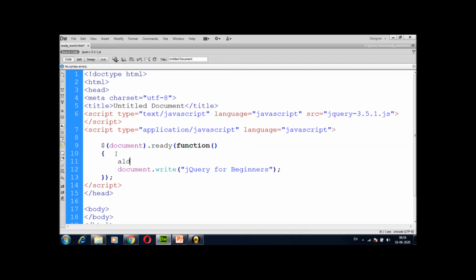I can write alert here in the same ready event: "Welcome to my channel", and I am closing this. Now I am going to check whether the function is working properly or not.